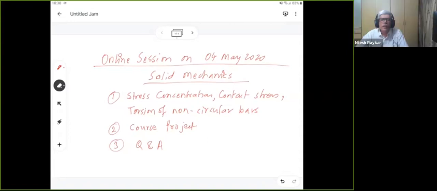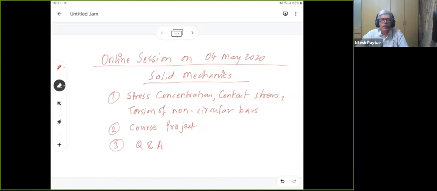So let me begin. The purpose of this session is to recap whatever online sessions I had given earlier and to sort out your queries if there are any. We'll also have some short quiz type of thing just to check your understanding. And we will also have a short session on the course project, which has been getting postponed day by day and week after week. So we'll try to close it in the next 15 days.